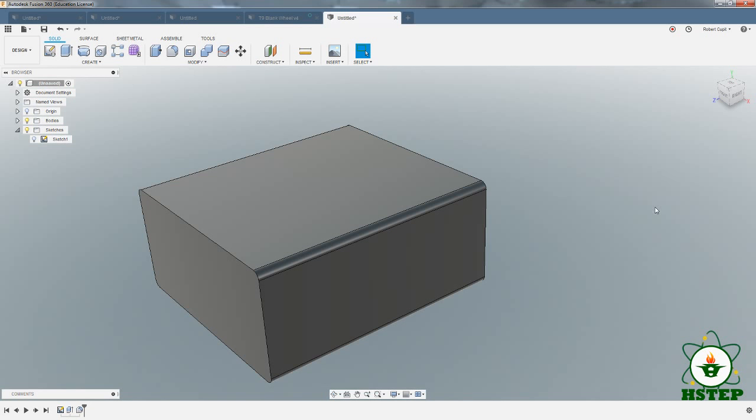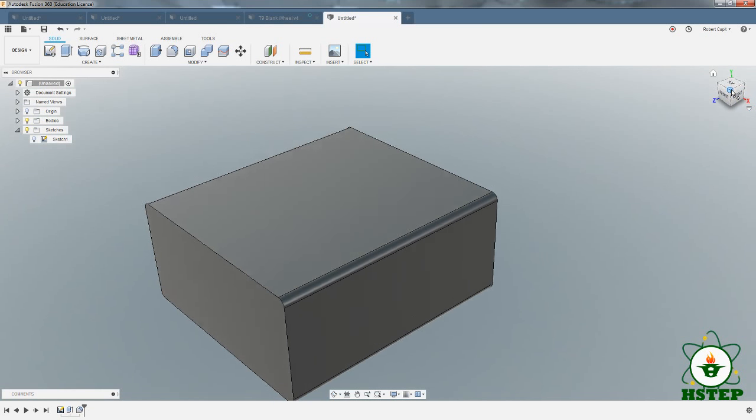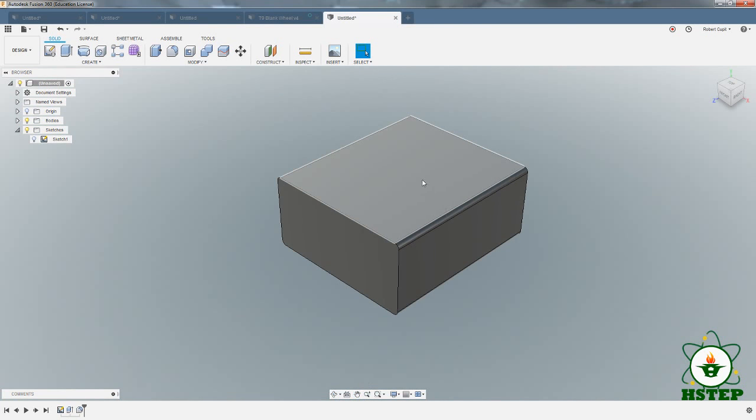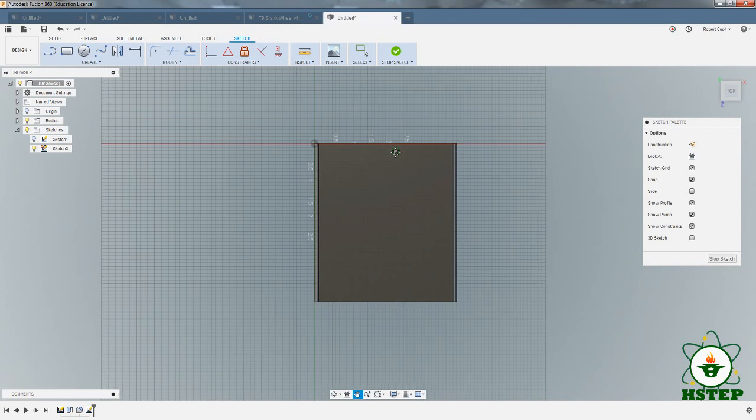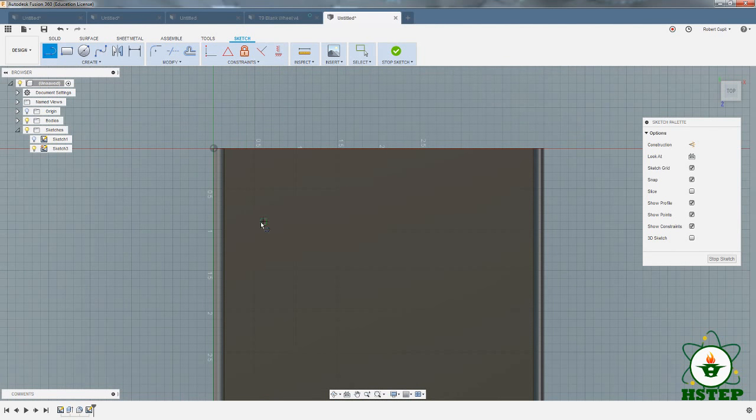Any questions so far? The next thing a lot of people are screwing up on and figuring out is, how do I know where the holes go? New sketch, let's do the top. I know that from this center, there's a couple cool things that I haven't taught you yet that'll really help you. First thing, I'm going to zoom in, and